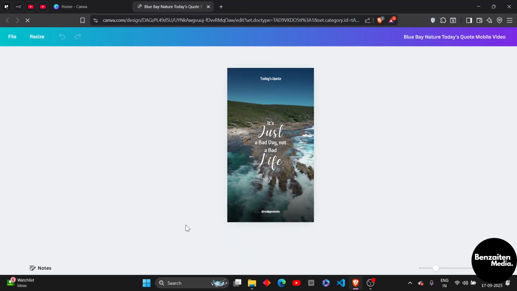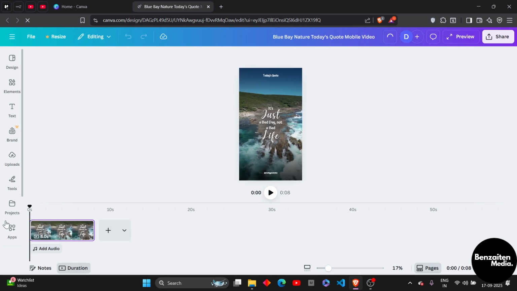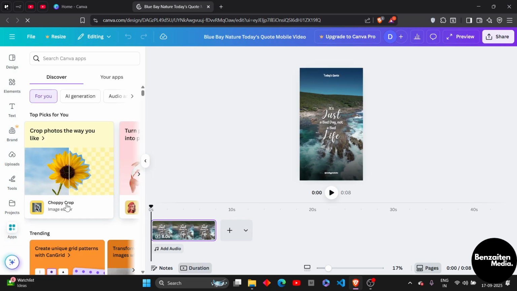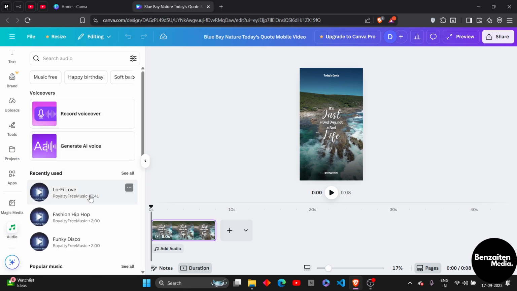Now to add the audio, on the left side here you will see multiple tools to edit, and from these tools you need to click on apps, scroll down a bit, and then you will see the audio section. Click on this audio, and if you want to generate your own voiceover you can click on record voiceover and then record your own voice. But if you want to generate an AI voice you can click on generate AI voice